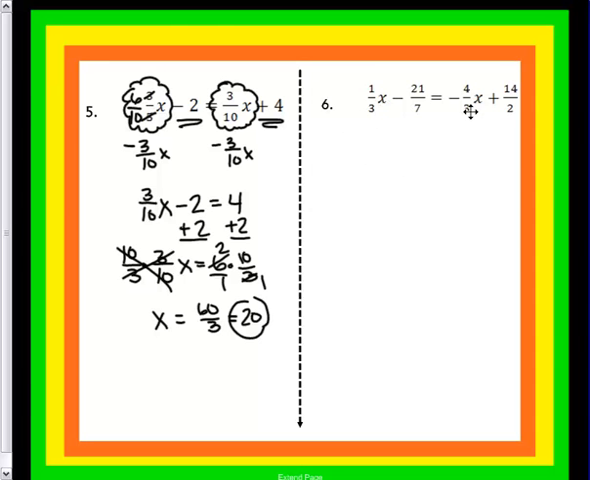All right, over here, these already have the same denominators, but look at these. These are improper fractions. We can change them to proper fractions if they're going to come out as a whole number, or we can change them to common denominators. I know that 21 divided by 7 is 3, and I know that 14 divided by 2 is, excuse me, 7. And so I'm going to rewrite the problem. So now I have 1/2 x minus 3 equaling a 4/3 x, but it's negative, plus 7. So I'm going to add 3 on this side, and I'm left with 1/2 x